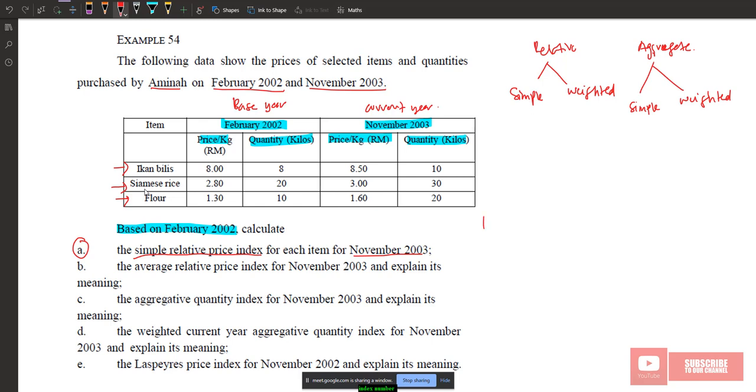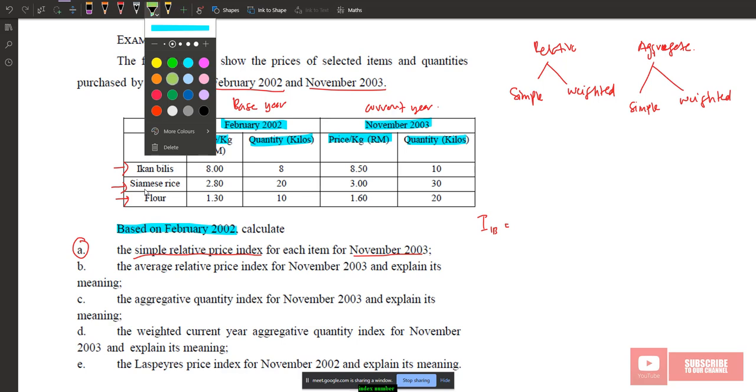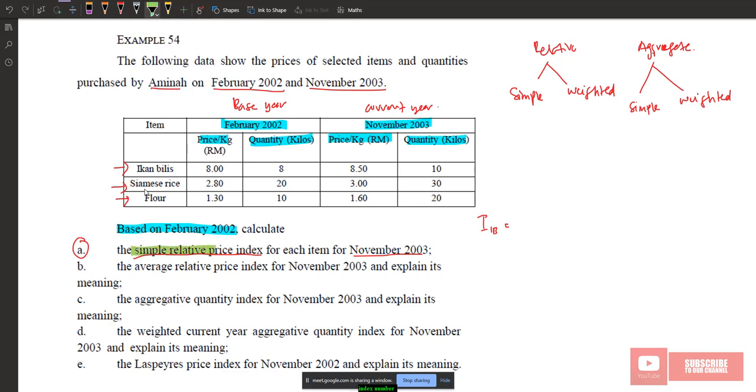So index number for ikan bilis, right? This is the price index. We want to calculate the price index. So let's see, I emphasize this one. We want to calculate simple relative price index for each item, right? So price index,